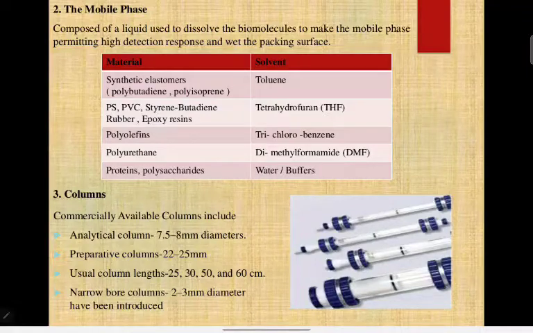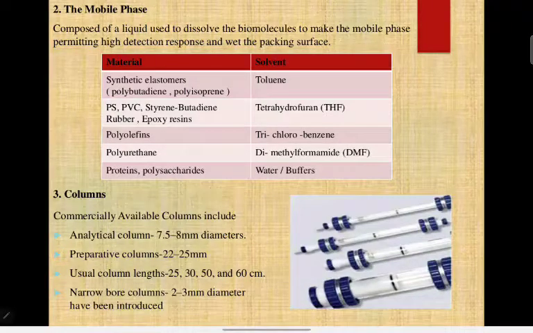What are the different types of columns we have? We have analytical columns and preparative columns. Analytical columns have a length of 7.5 to 8 millimeter. Preparative columns have lengths starting from 15, 20, 25, with diameters from 5 up to 25 millimeter. So preparative columns are lengthy columns.